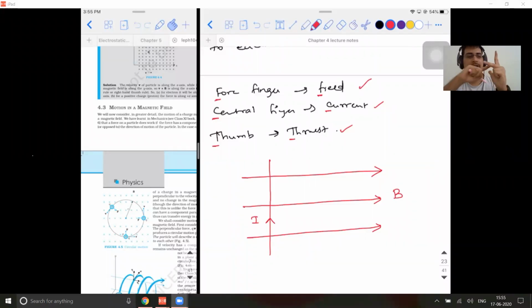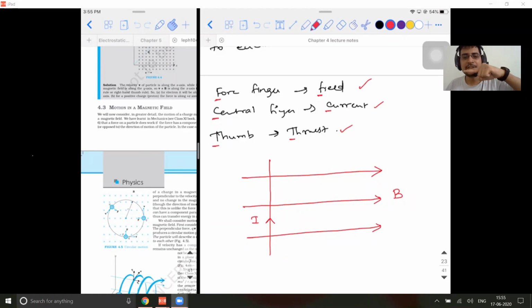This should be in the upward direction, this should be like this, and this should be towards you. Okay, don't extend all the three at the same time. So first extend the forefinger in the direction of field and adjust it. So I have extended my forefinger, but field is not in this direction, it is in the rightward direction. So first adjust it. Okay, so I have fixed the direction of forefinger. Now I need not change this.